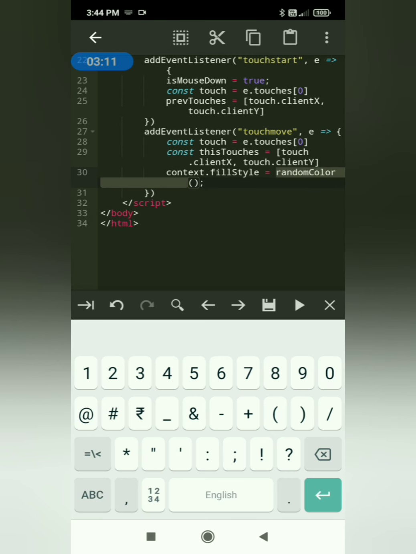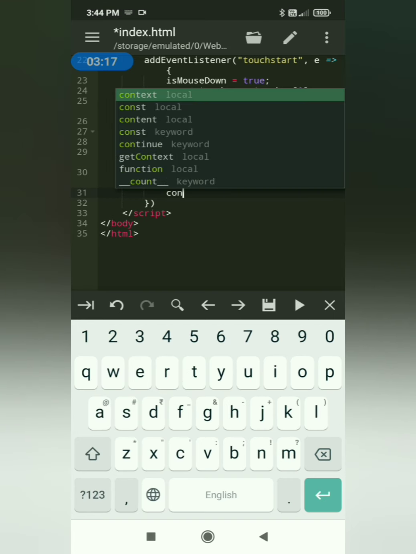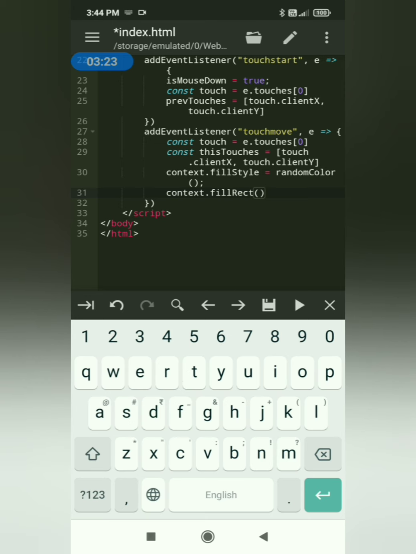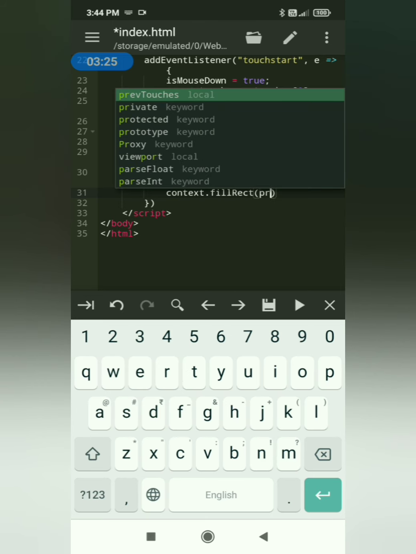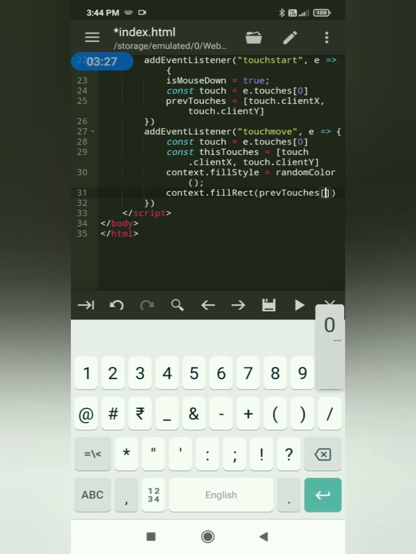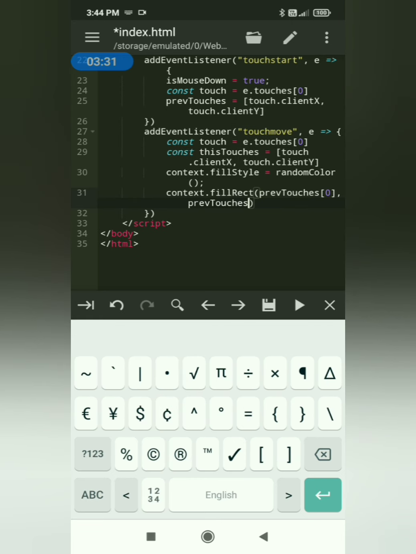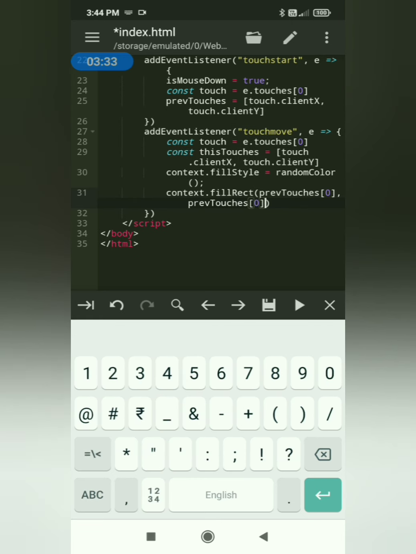I am going to copy it. That will give us a random color, and we will set the context fill style to that. And there is a function named fillRect that will help us draw a rectangle in the canvas. Firstly we have to give the x coordinate, that is stored in the first index of prev touches, and then the y coordinate. These are the x and y coordinates of the starting point.